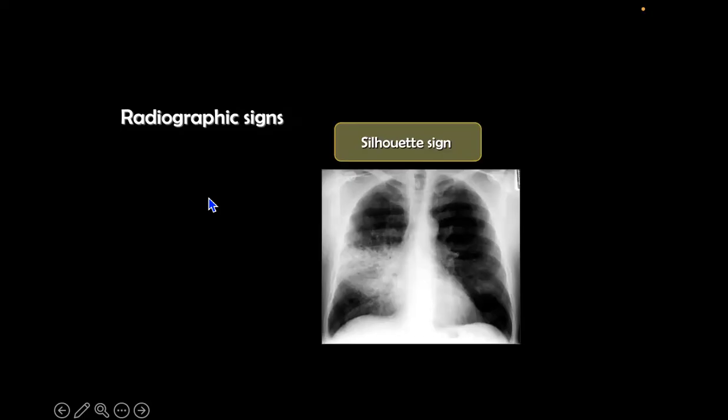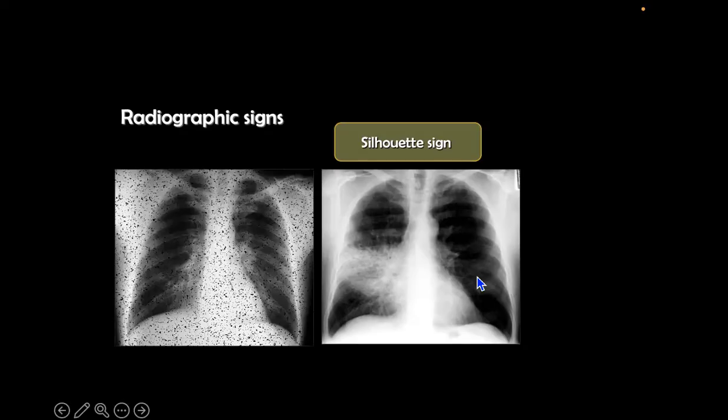So the most important things that we are going to touch are the signs. And I think this is the most important part of the lecture. We have so many signs. When you read a chest radiograph, you have words like consolidation, cavitation, nodules, ground glass opacities, silhouetting sign. All these things, this is the language of radiology. All these signs should be clear to the one who requested the exam and to the one who is treating the patient.